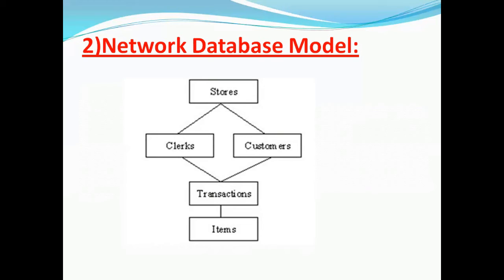A network database looks more like a cobweb of interconnected network records. In a network database, children are called members and parents are called occupiers. The difference is that each child or member can have more than one parent. The network data model is similar to the hierarchical database model. Data in a network database is organized in a many-to-many relationship.